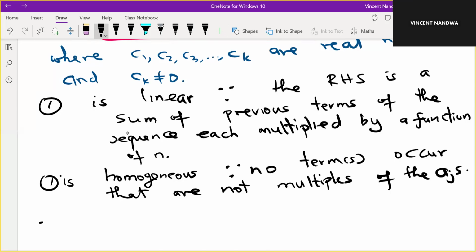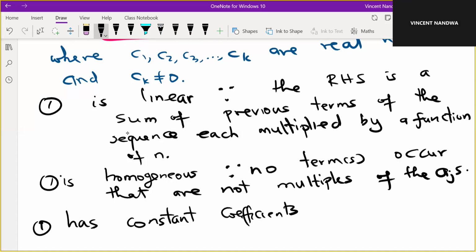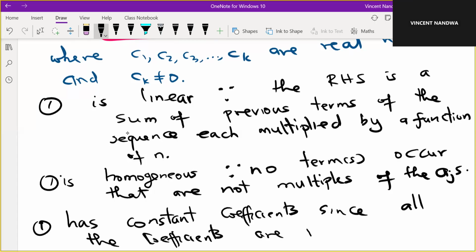And then (1) has constant coefficients since all the coefficients are real numbers,